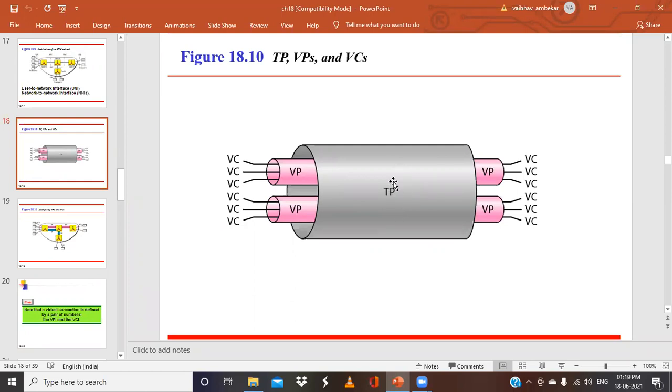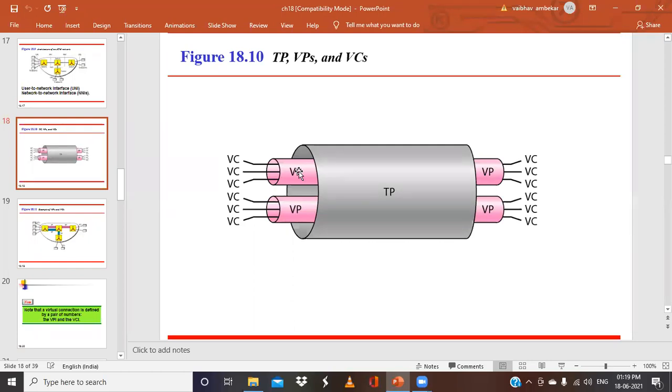Yes, sir. So what is the transmission path? The set of all highways, or the set of all routes that are available for the transmission, is called the transmission path. Then this transmission path is again divided into something called the virtual path. So a virtual path is nothing but a highway. That means if a cell considers one particular highway, then it has to follow the same thing.